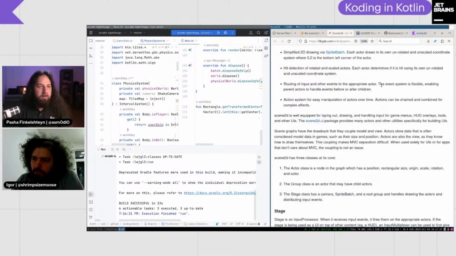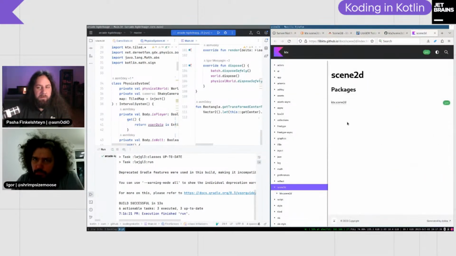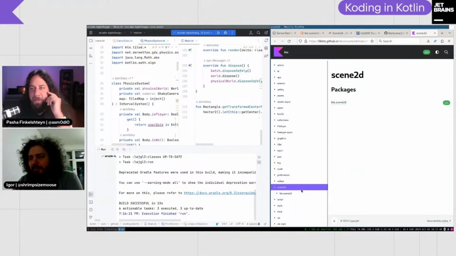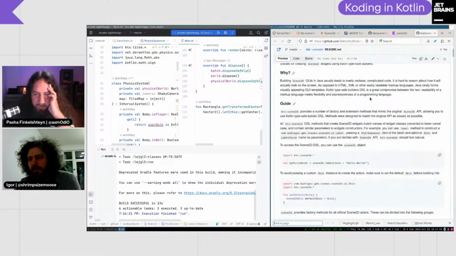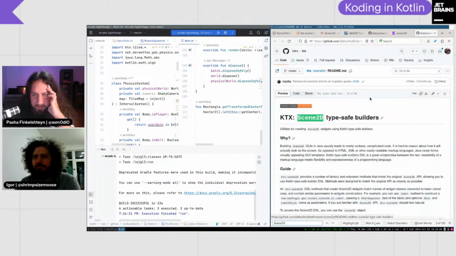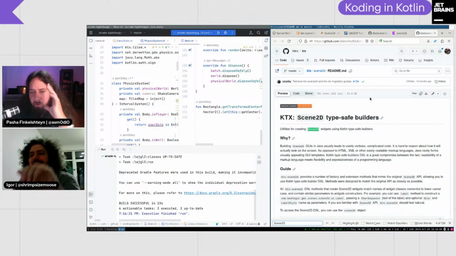So look, I will send you a link into private. What would you prefer, private chat or what? Well, I can't open anything. So yeah, if you Google for Scene2D KTX, open please. Well, actually, first link should be good enough. Yes, and there you can search for Scene2D. Okay, we're already there.